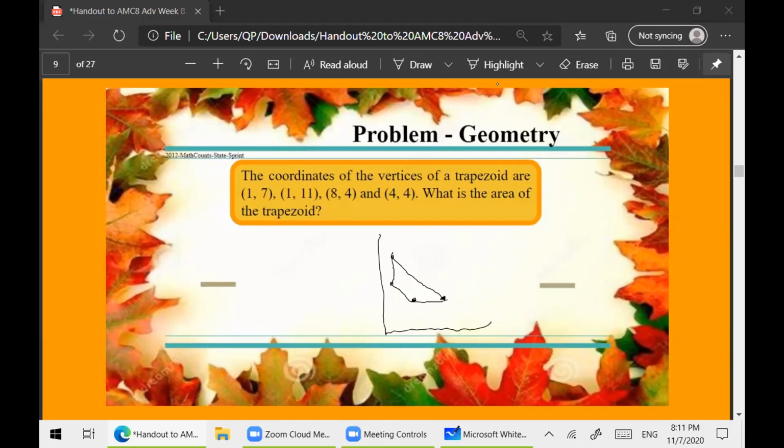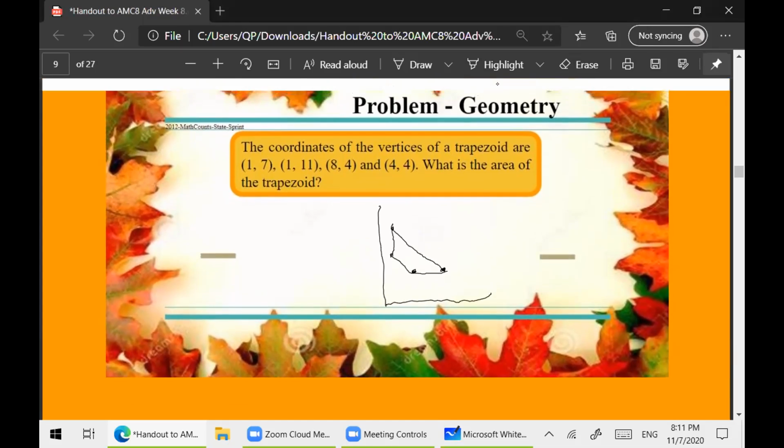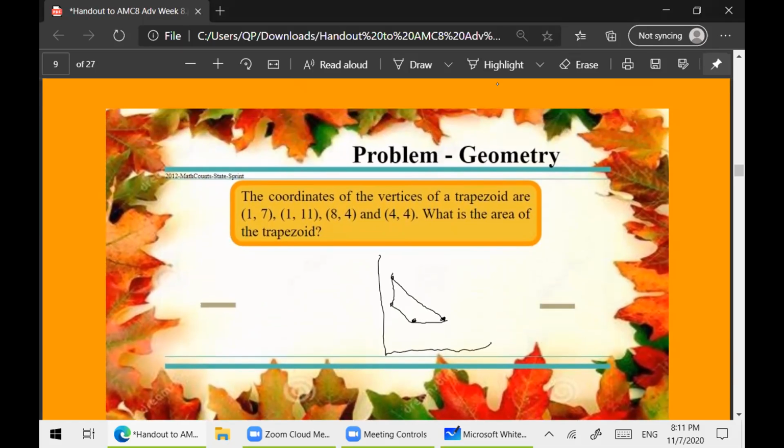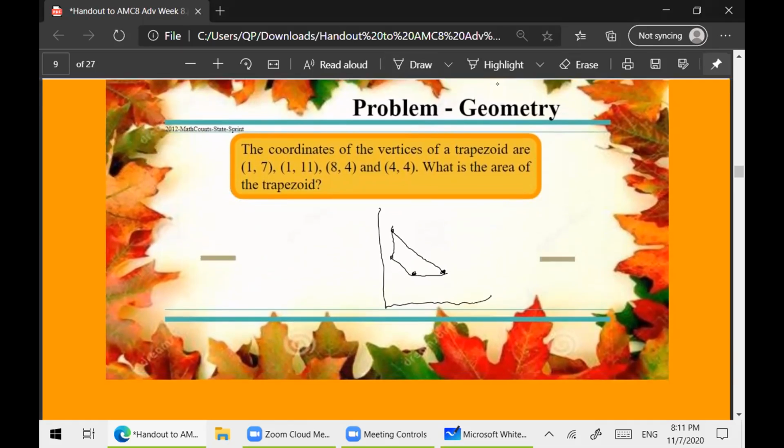Alright, so here's a pretty shaky diagram, but it's not really necessary because for this problem we're just gonna use shoelace. Hold on a second. Okay, so shoelace. Okay, shoelace tells you that the area is